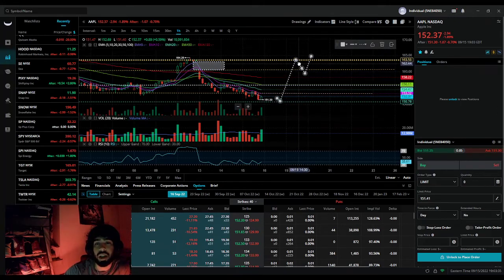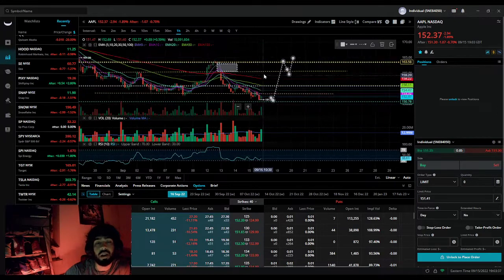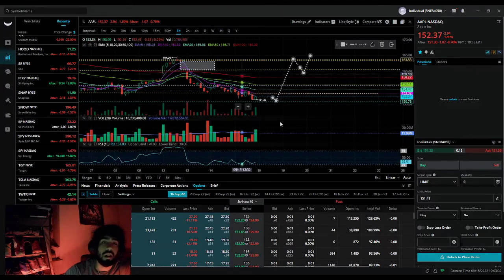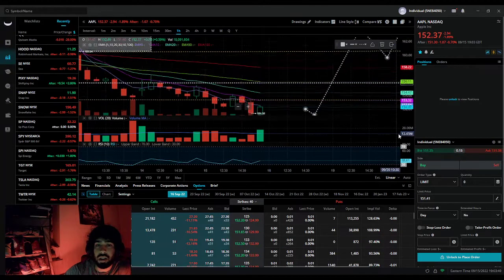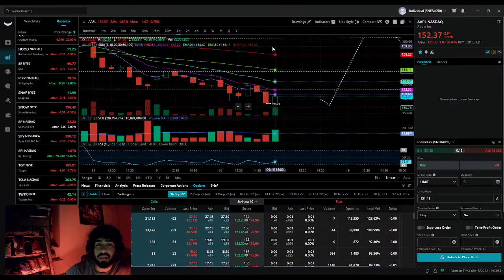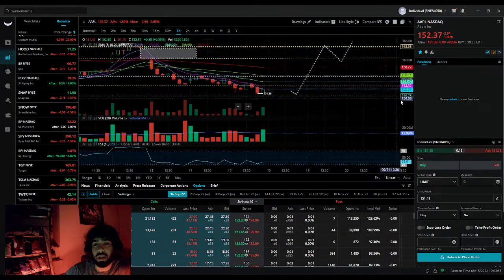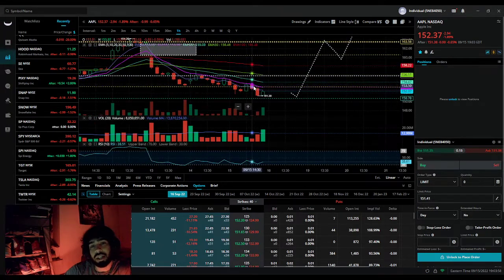I want to see a nice strong momentum. On the hourly, the RSI is 38.61, neutral. It's not negative or positive at the moment. Let's zoom in on the EMAs. They haven't crossed. Right now they're just following the momentum. So the EMAs haven't crossed at all.